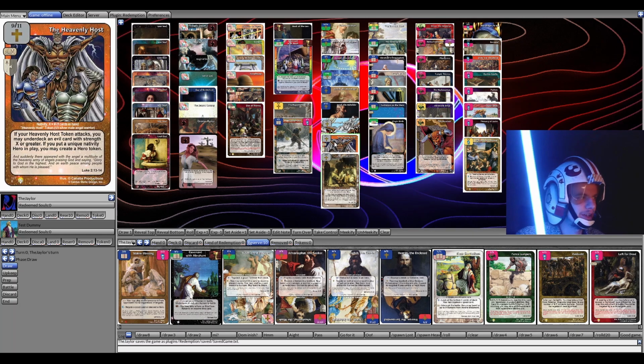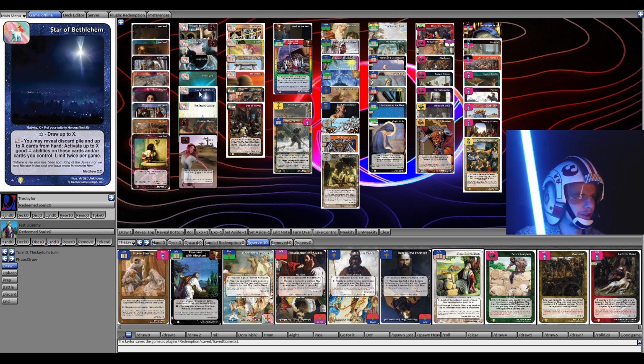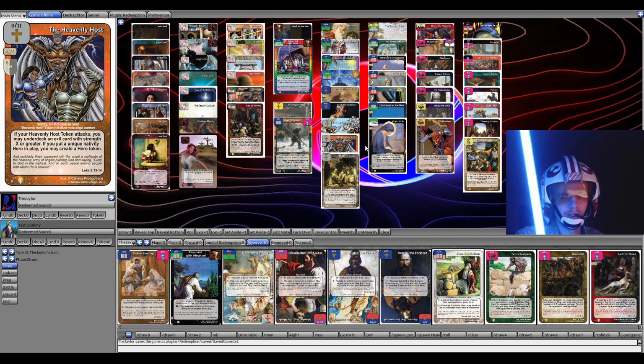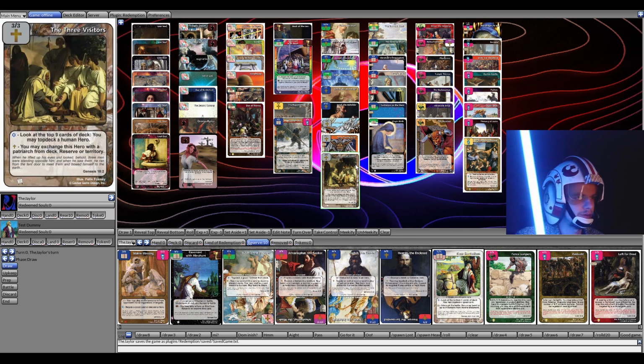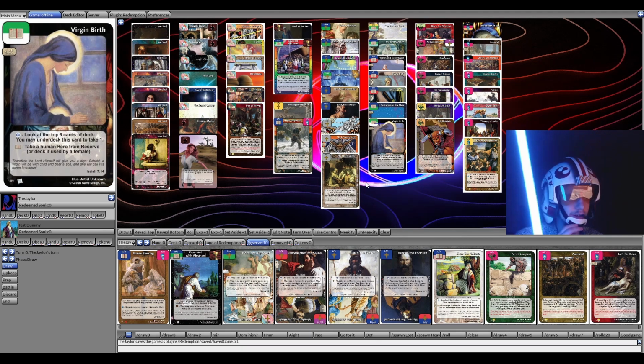Of course, Heavenly Host, we needed him for Star of Bethlehem anyway to make a bunch of nativity tokens, so it definitely fits in the theme. And these guys just bring out our Jedi. They don't actually stay in battle, so maybe they're kind of like